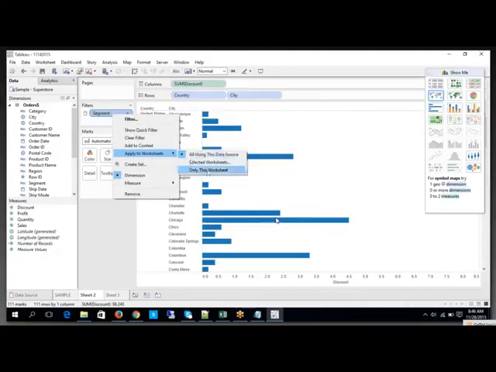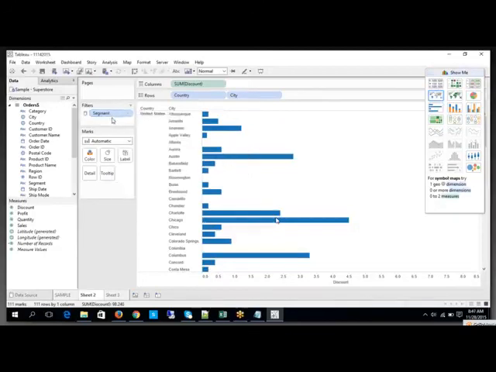So this is applying at the worksheet level only, not at the data source level, because you are applying it on top of the worksheet at one point of time. Indirectly, that is what you have, a thin line here.